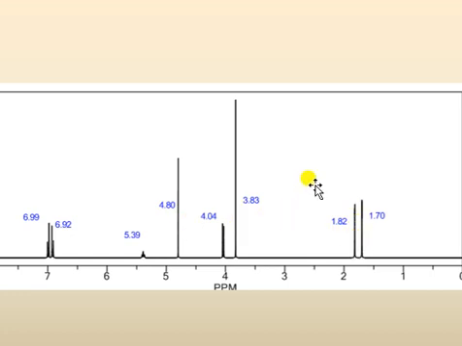Now let's see how many protons we counted here. 3 plus 3, 6 plus 3, 9 plus 2, 11 plus 2, 13, 1, 14, and another 4, 18. It is matching. So in the molecule, we can see there is a para substituted ring, and this looks like a methoxy proton. So let's draw one.